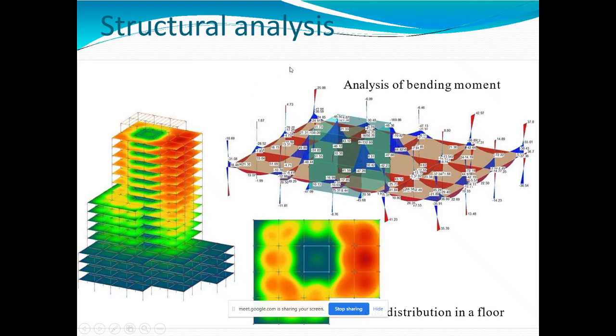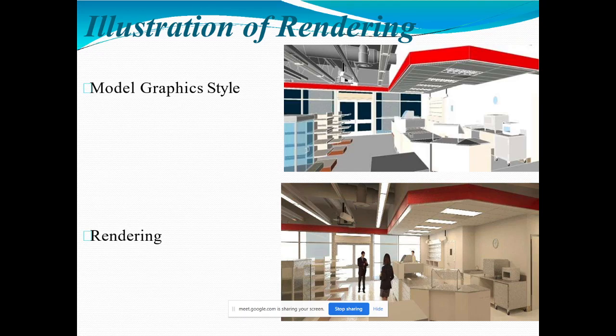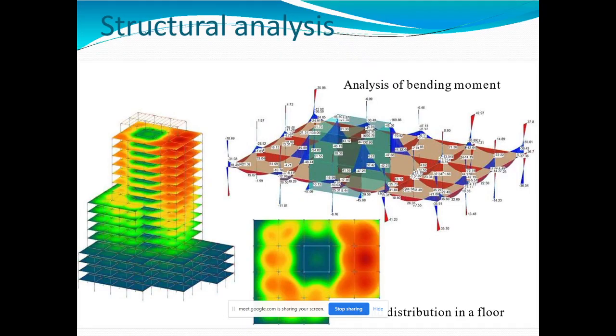The next one is structural analysis. The structural analysis is done in BIM also. We will do the structural analysis. Structural analysis means you analyze the framed structure also. See this, it automatically analyzes the framed structure. You take the bending moment, shear force, and all those things are covered in BIM also. The main software is Revit. The additional software is Robot Structural Analysis for